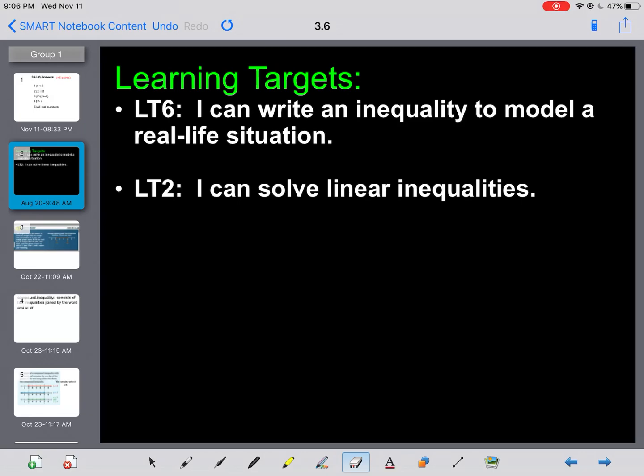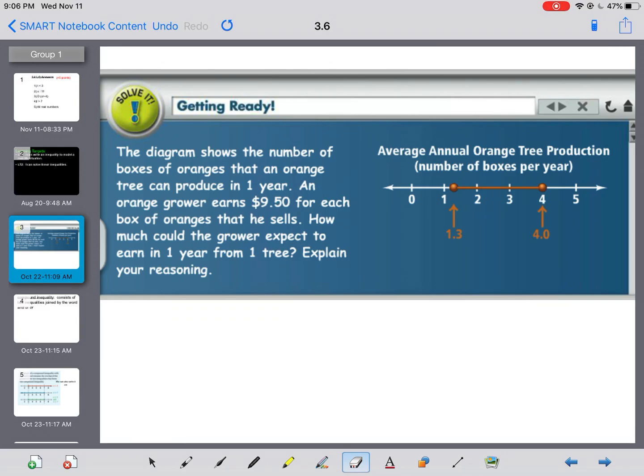Chapter 3, Section 6 is all about compound inequalities, and it is a two-part lesson, so by the end of part 2, you should be able to write an inequality to model a real-life situation and solve linear inequalities. Okay, to get started, we're just going to look at this one that actually uses a compound inequality to show